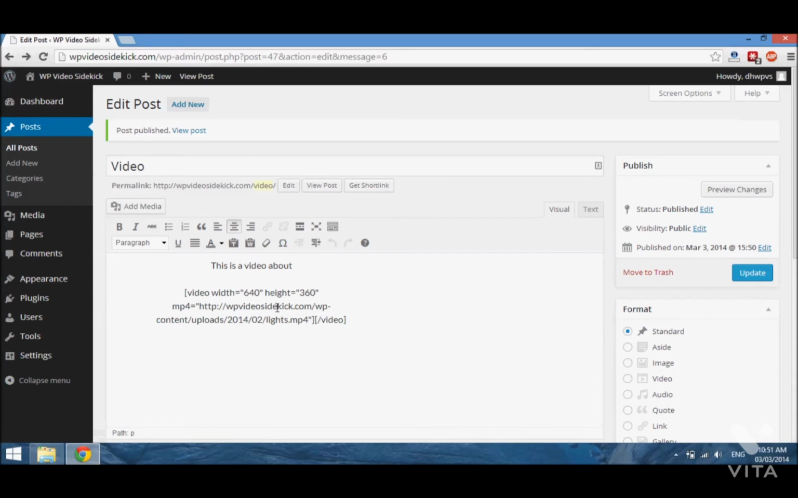just edit these numbers here. So as you can see, I could make it a little wider. So if I made it 740 and made it a little higher, 460, and if we update,